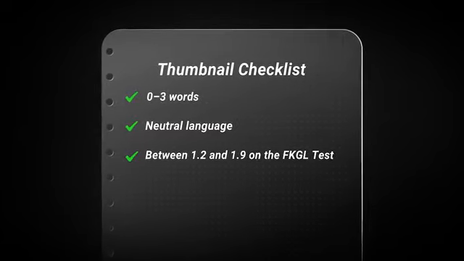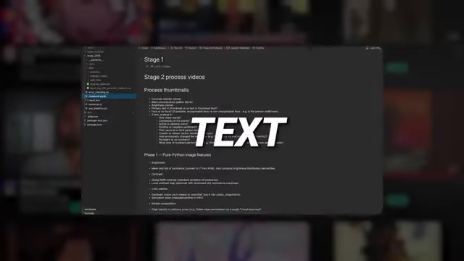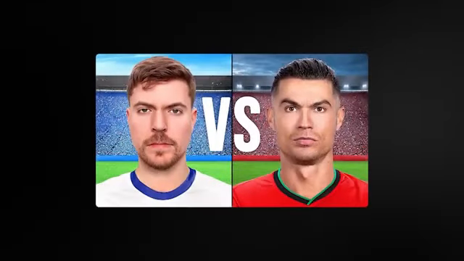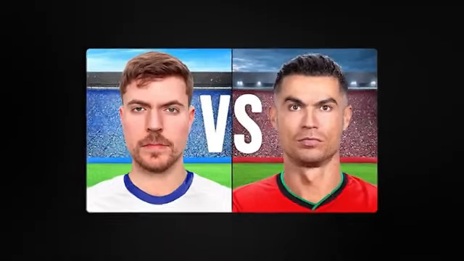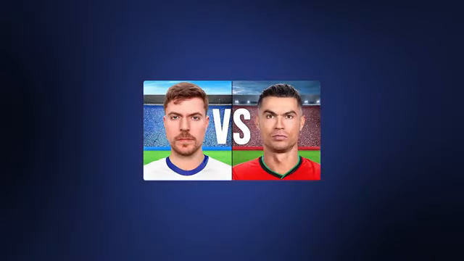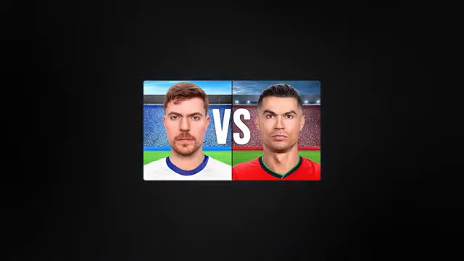But obviously there's more to a thumbnail than just the words used in it. What about colors? So I built software similar to the one we use to analyze text in thumbnails, except we use it to identify colors in thumbnails. For example, if we look at this thumbnail, it has multiple colors like red, green, and white. But if you look closely, or maybe even zoom out, you can see there's a lot of blue. The sky, the crowd, the collar of Jimmy's shirt, and there's even a blue tint on the sky on the right-hand side here. And so for this thumbnail, our software identified the primary color as blue.